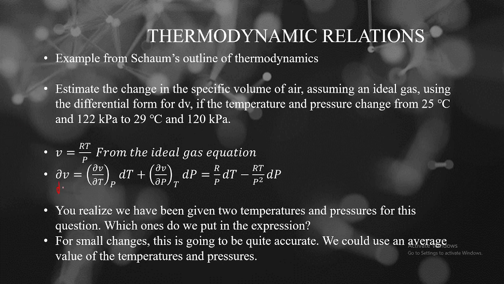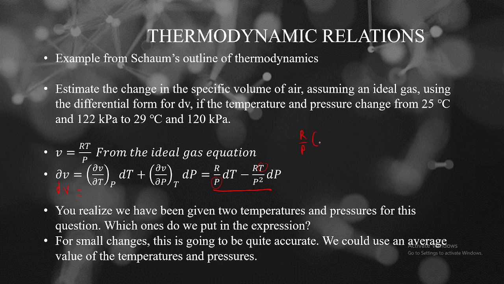Once again, not del v, it's dv being equal to this whole expression we have down here. We're able to simplify it to R over P dT minus RT over P squared dP. Realize that in this form we have T and P. We don't have T1 or T2, we don't have P1 or P2. So what we can put in here is the average value, because T and P are not so far from each other, it will give us something that is quite accurate. So we can rewrite this as